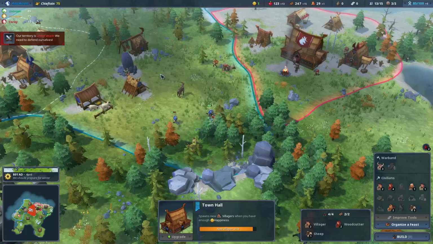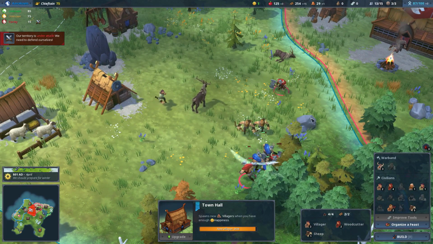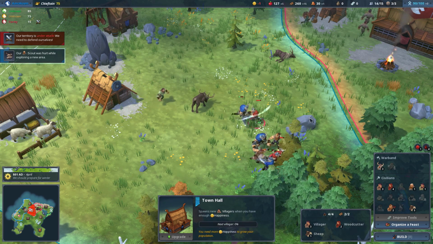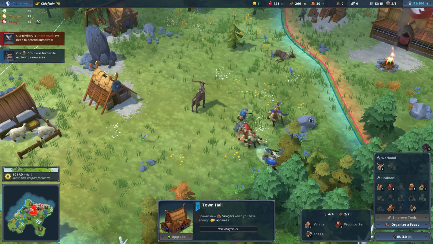Oh, we're under attack. Where? They are coming down here. Oh, really? Red is attacking me? Oh, I should have gone for you first. Damn it. Thankfully, my hunters are joining in the fight, so we are going to win this one, but am I going to be able to do it without...